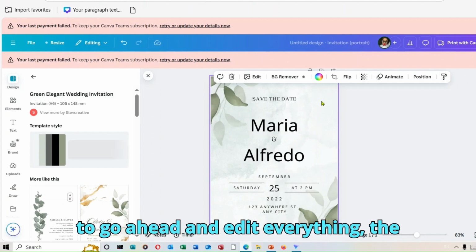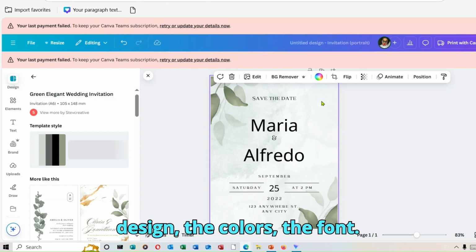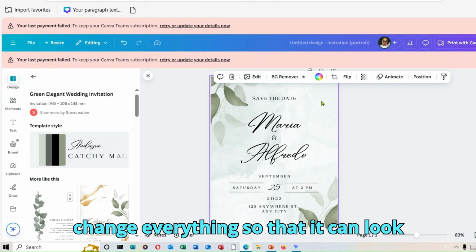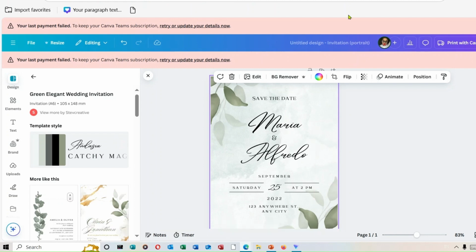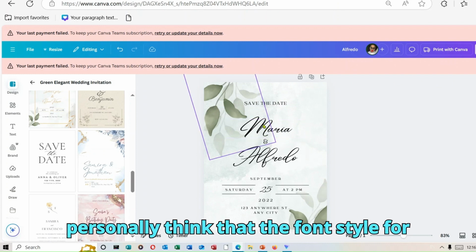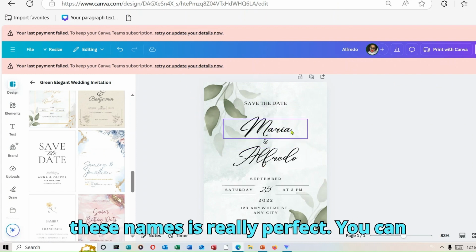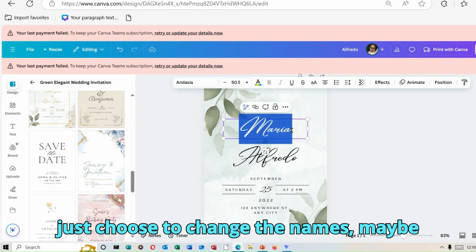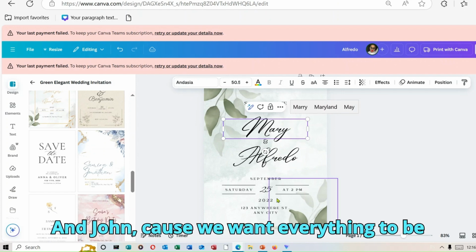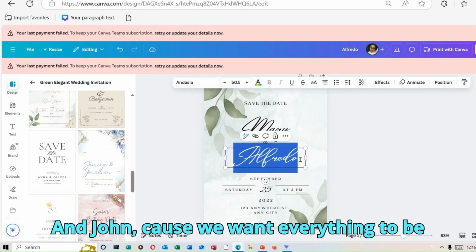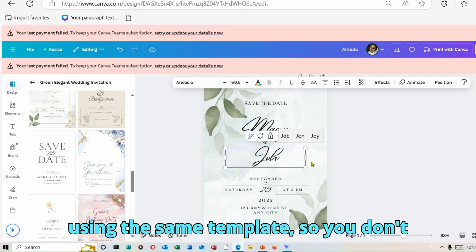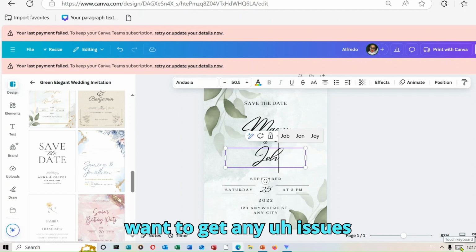So we are going to go ahead and edit everything, the design, the colors, the font, everything. So you're just going to change everything so that it can look different. We are going to start with the text. I personally think that the font style for these names is really perfect. You can just choose to change the names. Maybe you change this to Mary and John, because we want everything to be different. Other people might be using the same template, so you don't want to get any issues